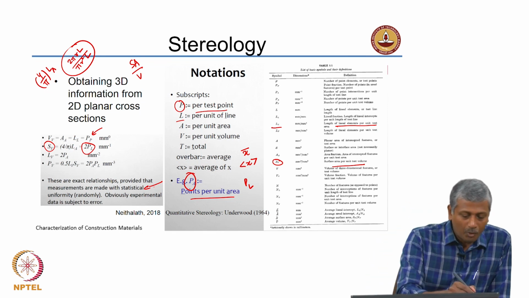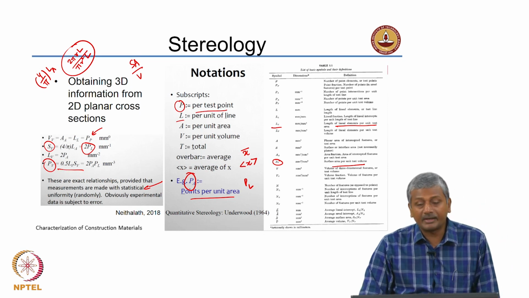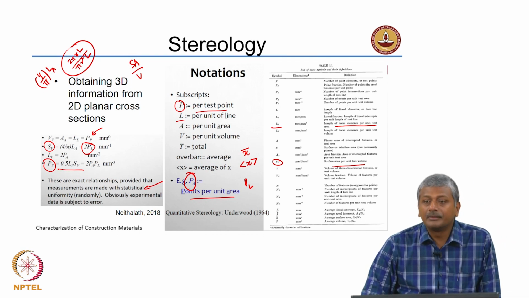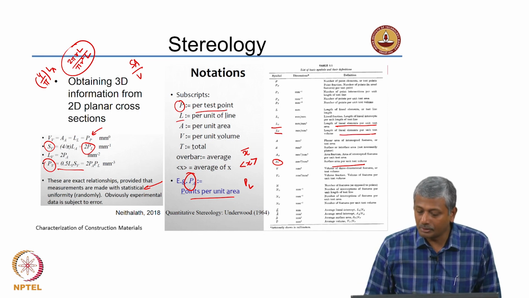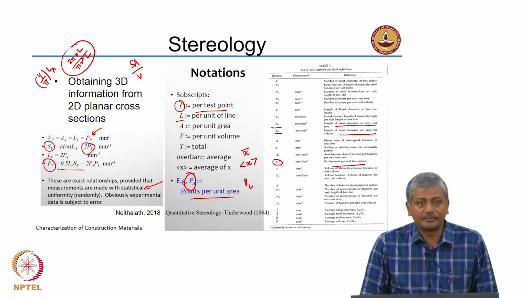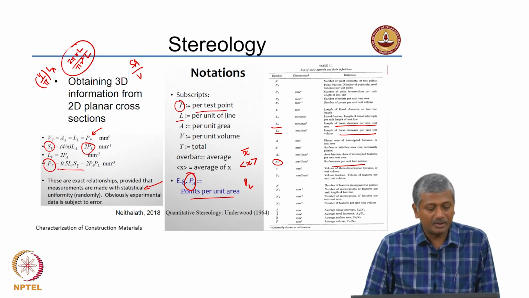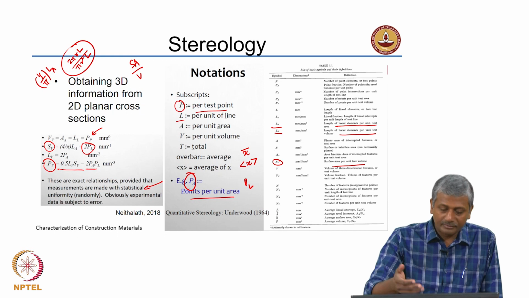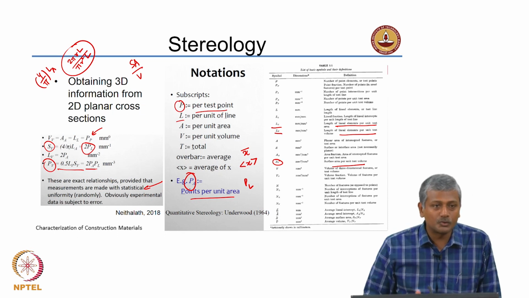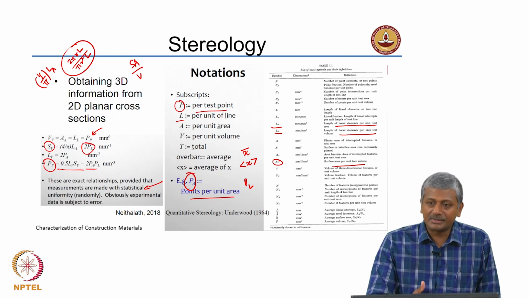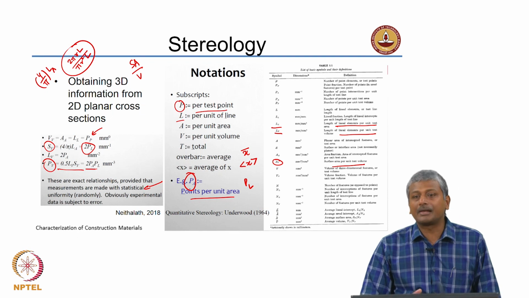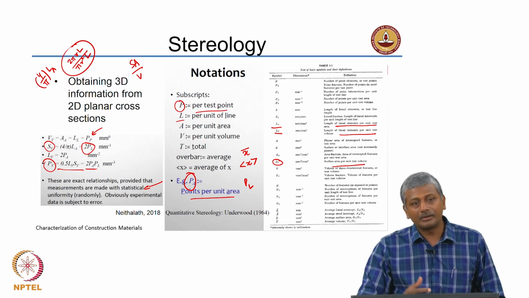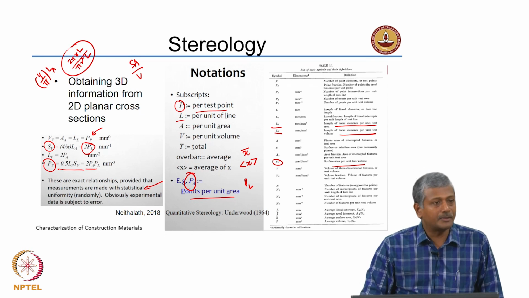Okay. So, points per unit volume is given as 0.5 times LV, that is, length of linear elements per unit test volume, LV, multiplied by SV, or 2 times PA multiplied by PL. Of course, there are a lot of steps in this derivation, we are not going through those steps here, but what I wanted to tell you is that from features that we observe in images, we can actually make stereological calculations to relate the 2-dimensional section to an entire 3-dimensional characteristic.